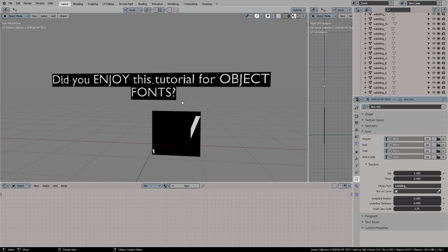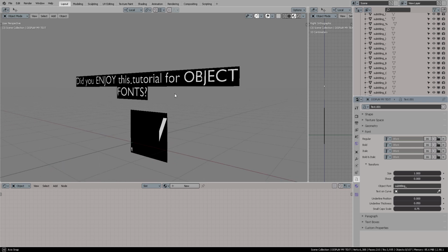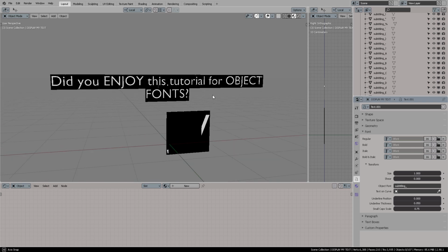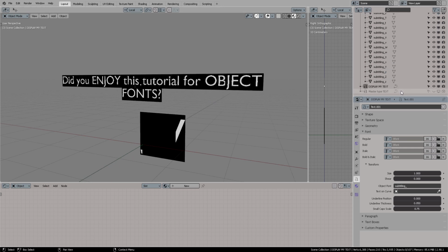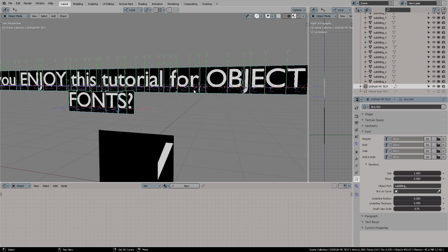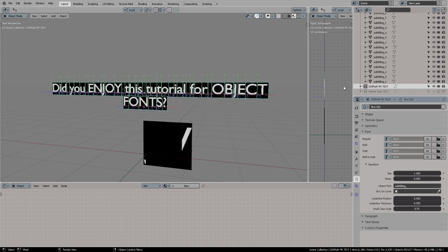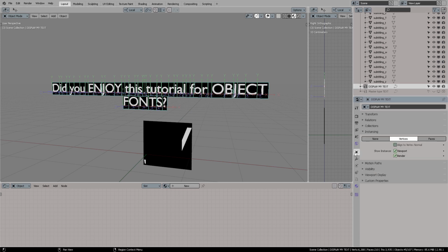This has been an amazing tutorial. Oh, so we've come to the conclusion of the tutorial. I hope you have enjoyed all of the process that we created. Do not forget that whenever you're creating your main text, the one that is going to be receiving all of your text objects, you have to come here into the geometry properties of it, and under instancing,